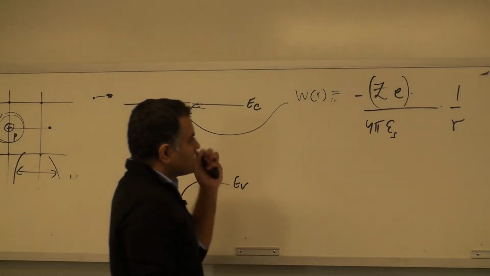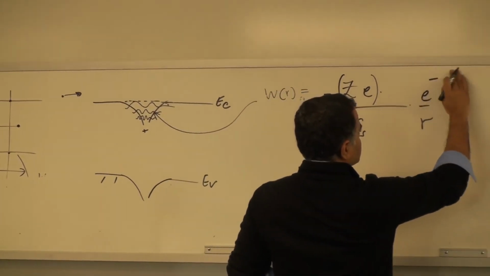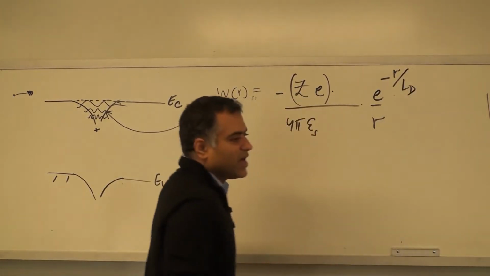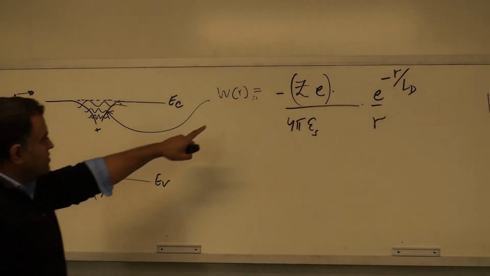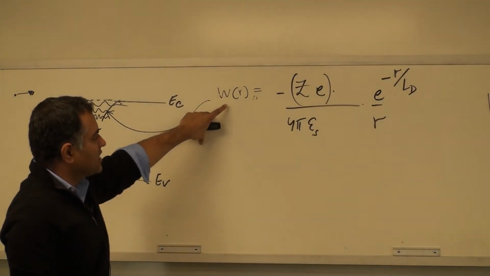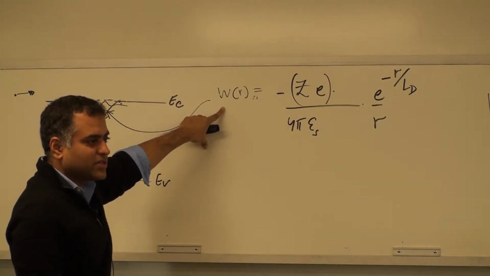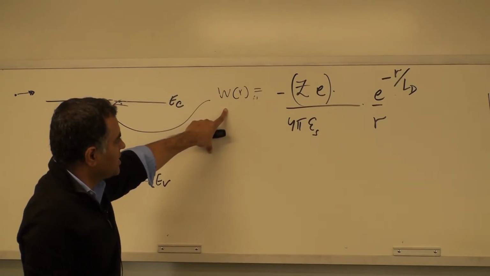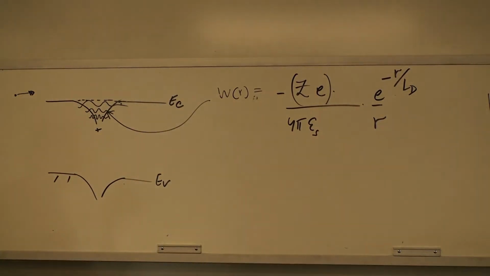But once they screen it, the potential becomes e to the power minus r over a certain length, which is the Debye length. This is called the Debye length. And this potential, before it was used in solid-state physics, came from atomic physics, called the Yukawa potential for mesons, pi mesons in subatomic physics, but essentially it's a Yukawa potential, and it works for charged impurity scattering in